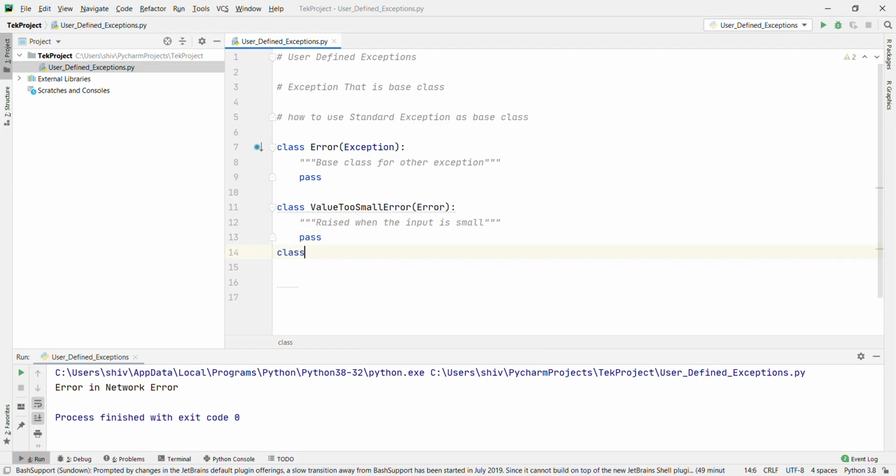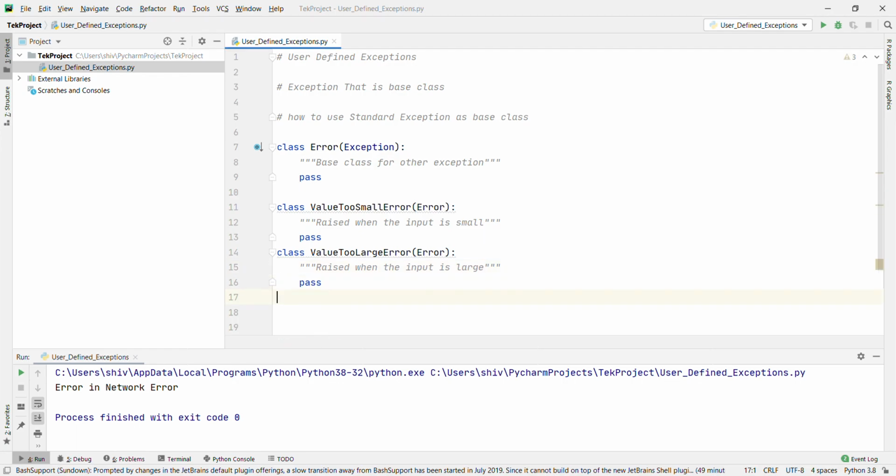Now class ValueTooLargeError, passing the Error. Use colon, raised when the input value is too large, and then pass.